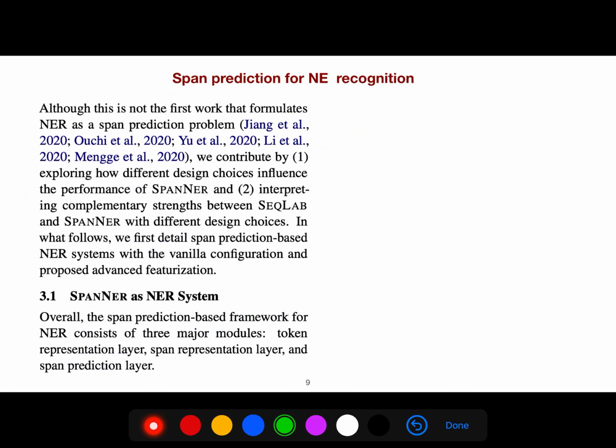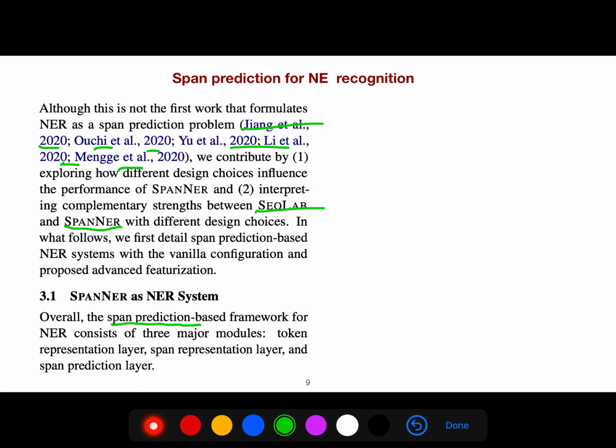So, span prediction for named entity recognition. Although this is not the first work that formulates NER as a span prediction problem, I will explain all of these references because they are very interesting. They contribute by exploring how different design choices influence the performance of span NER, and interpreting complementary strengths between sequence labeling and span NER with different design choices.